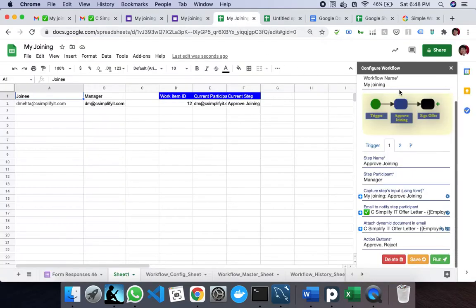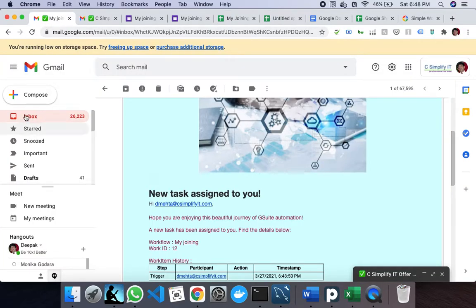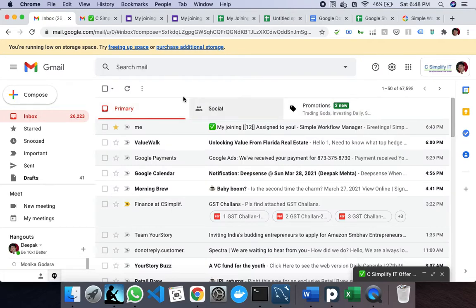So now the workflow will go to the sign offer step, which will go back to the candidate. If we see here, it will go back to the joinee participant again, which is defined here. There is some correlation, I will share that shortly with you. And so it will go to D Mehta.